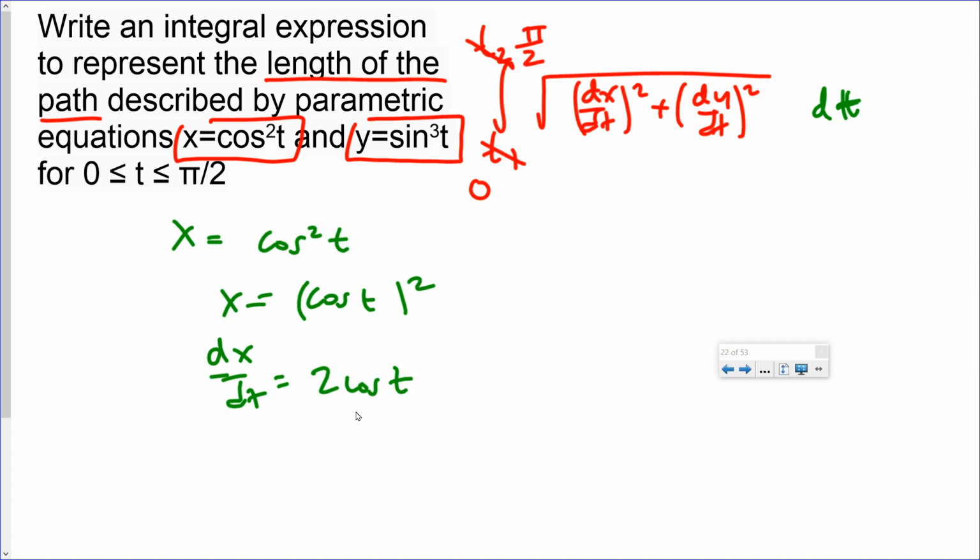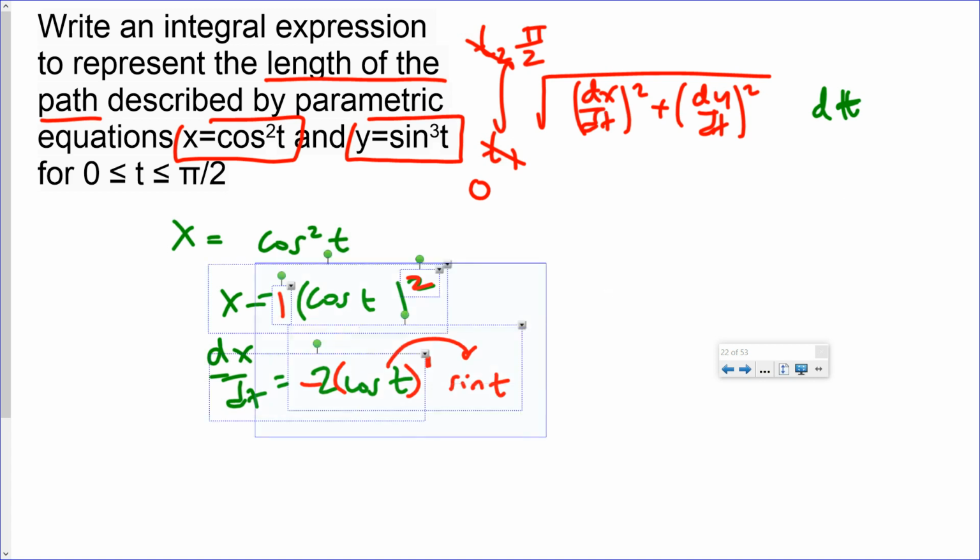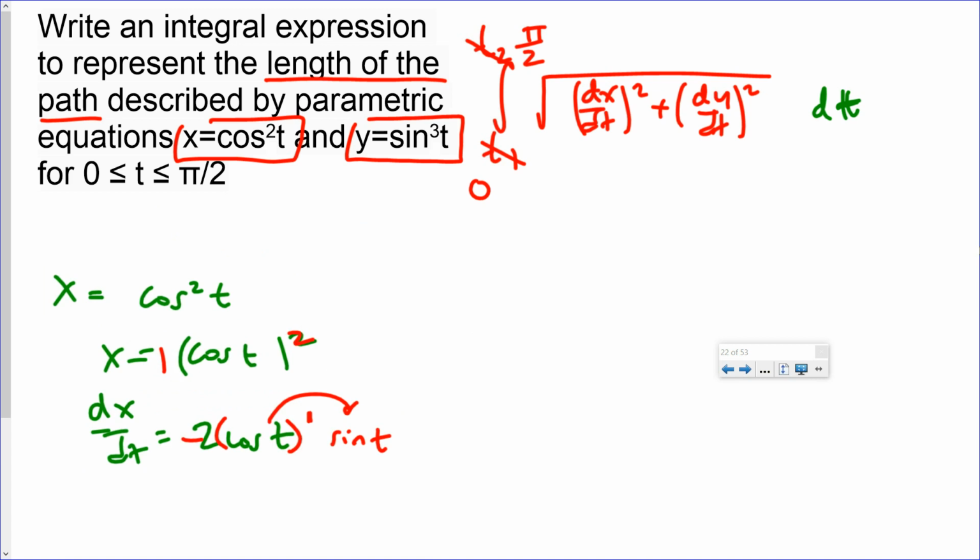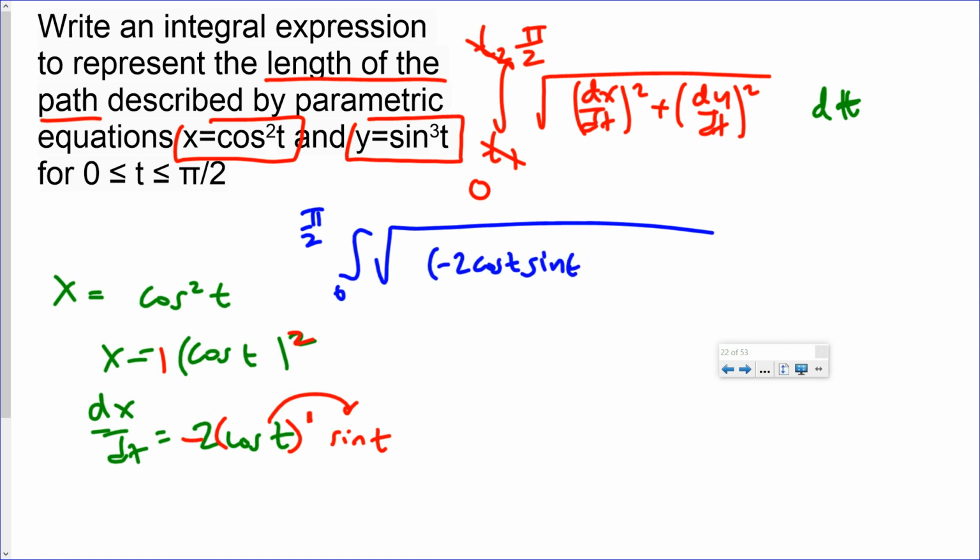Does anybody have any idea what I did wrong? I didn't do the chain rule correctly. It's 2 times cosine t: bring down the power, take the power down by 1, and take the derivative of the inside. So this dx/dt, you would plug in over here. I don't have room, so let me pull my stuff over and write this. This will be the integral from 0 to pi over 2 of the square root of negative 2 cosine t sine t quantity squared